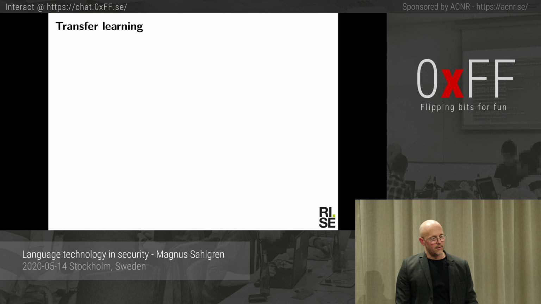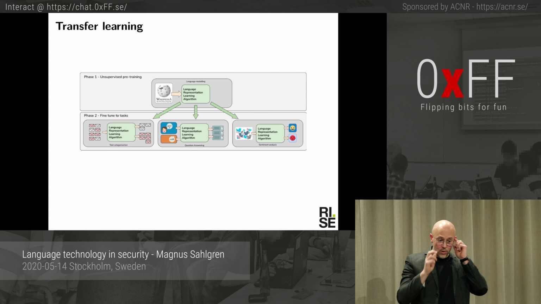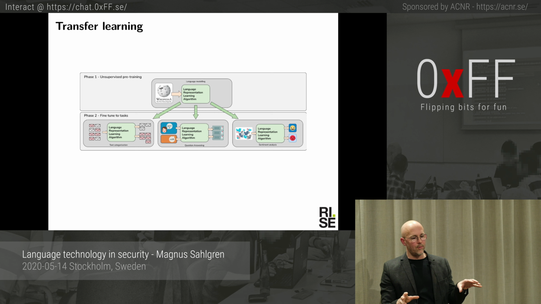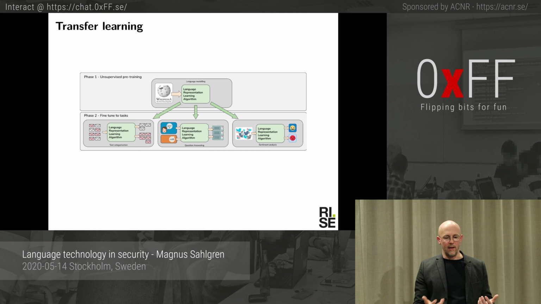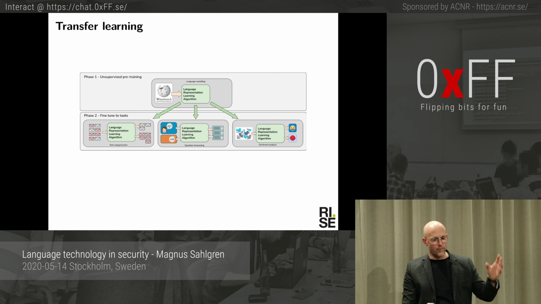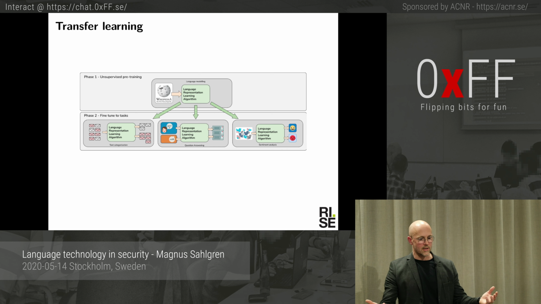But this is where we can leverage what's called transfer learning. So basically what we would do here is we would use a language AI system to learn an embedding of language, which is something that we saw earlier, right? The topological structure of words. So basically we can use a language AI system and expose it to, like, the entire Wikipedia or the entire Common Crawl or some really large data set, and then it will learn general language. And once it has learned general language,